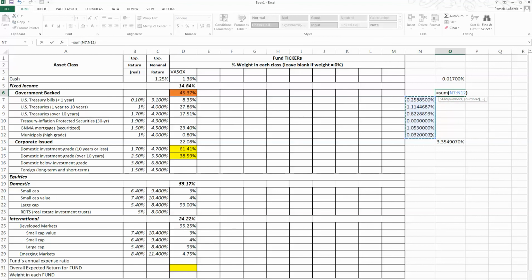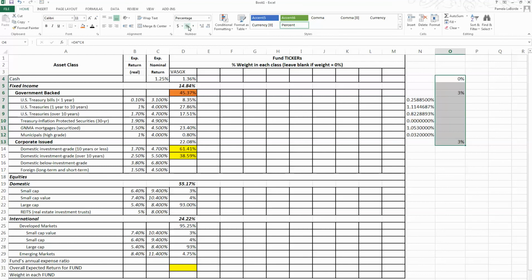And then I need to weight them by multiplying by 1 minus the corporate issued to get the true government-backed percentage. So 1 minus this 22.08%. That puts this number in the same context as this number. These are all percentages, so I'm going to format them like that and just carry them out to a couple of decimals. That's all I really need. This is now the total